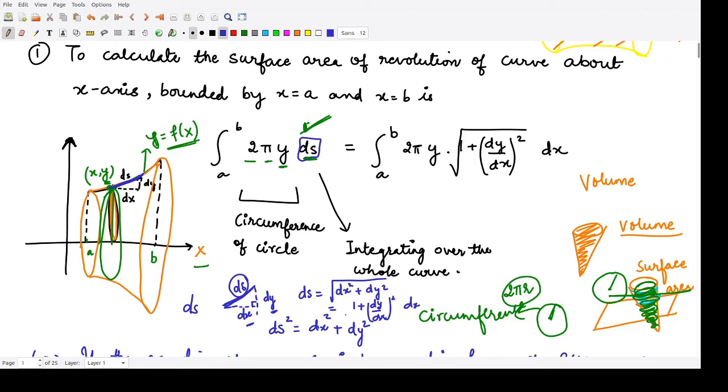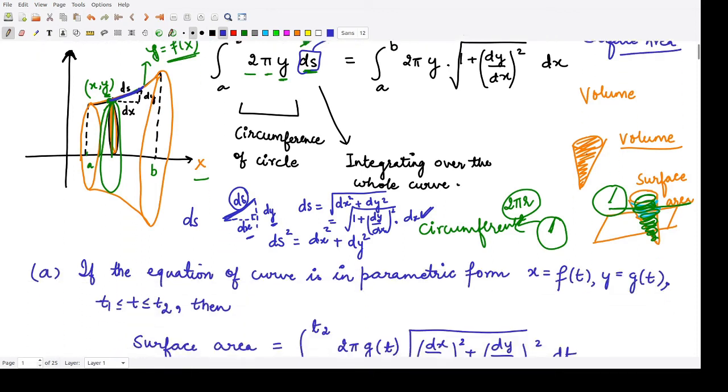So if I take this dx out from this square root, I'll be having this term square root of 1 plus dy by dx whole square into dx. So this is what I get. Now when I substitute the value of ds to be this quantity, square root of 1 plus dy by dx whole square, into dx, what do I have? I have the surface area of the given solid which was required. So this is the formula, and I hope this is clear to you all.